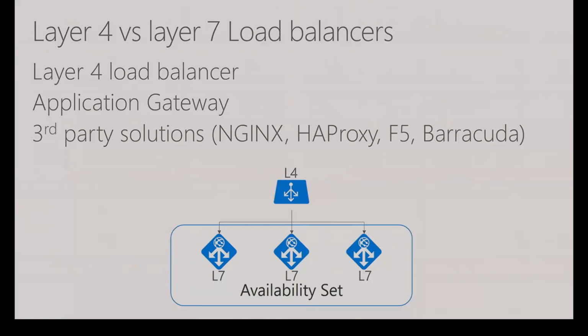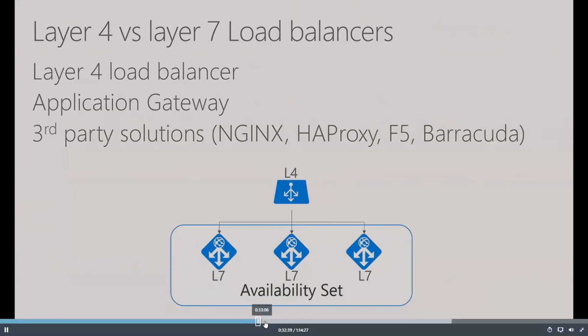Now, you also may choose third parties. I've listed a number of them here, Nginx, HAProxy, some of the kind of open source equivalent ones. You've also got proprietary ones from F5 and Barracuda. They're available in the Azure Marketplace. And there's great reasons why you might want to choose these, but if you choose to do them, you're going to need the architecture that I've shown up on the slide here. And this is actually what Application Gateway does under the covers. We do it all for you so you don't see it, but this is what we're at that point of failure.